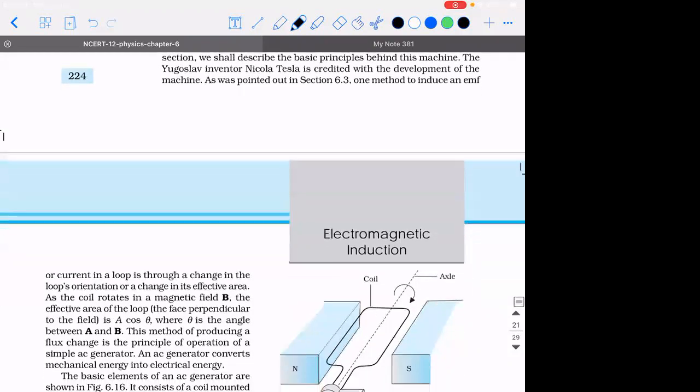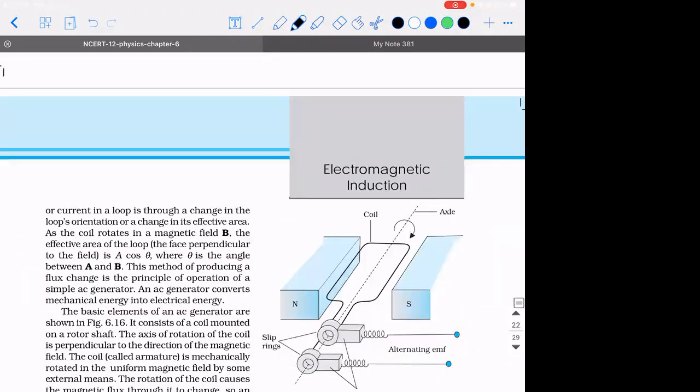Now the question is, for me to generate voltage, what is necessary? Flow of electrons. When voltage is supplied, then the electrons will flow. Try to understand, that is the basic of current electricity. When you apply a potential difference across the ends of a conductor, electrons will flow. But who is generating that potential difference?